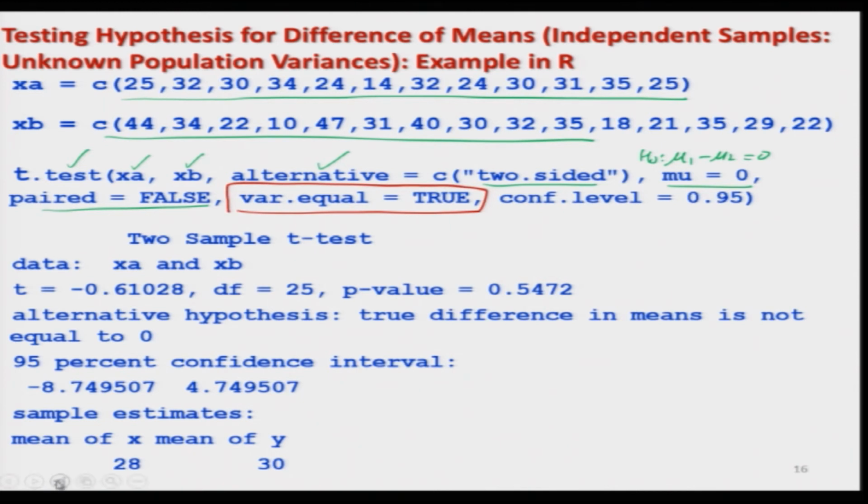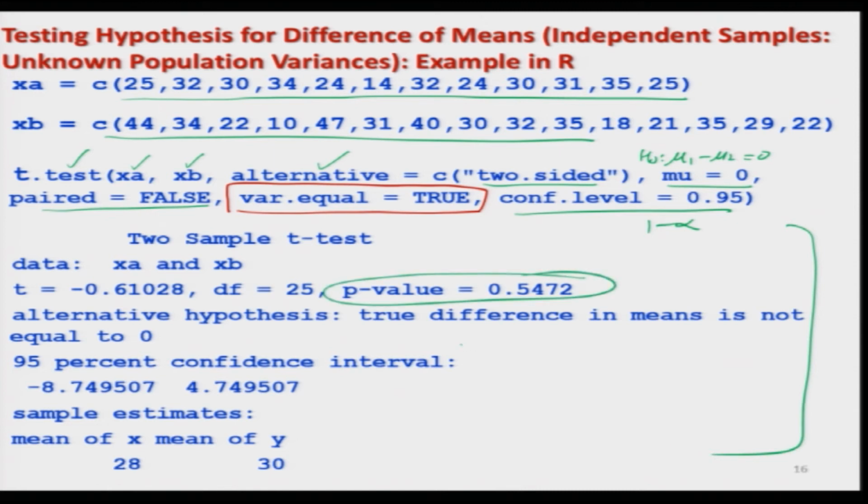So, this is going to indicate that in this case the variances are unknown and the variances are equal, right. And then confidence level, you have to give the value of 1 minus alpha as earlier, and the output is going to be the same, exactly you have to interpret in the same way. This is here the p value, and this is here the 95% confidence interval, and since this is a two sided hypothesis, you can see here that these intervals are given as lower limit and upper limit.